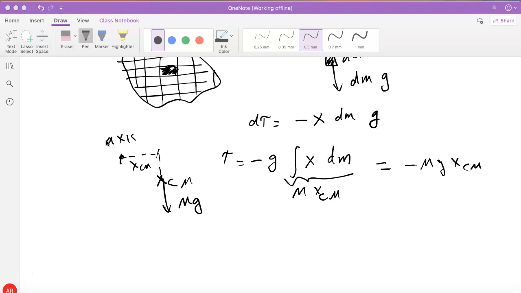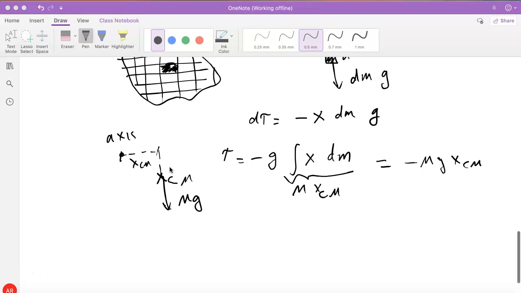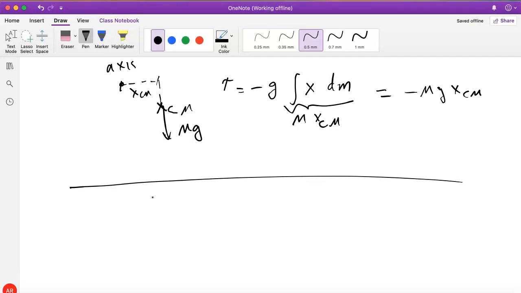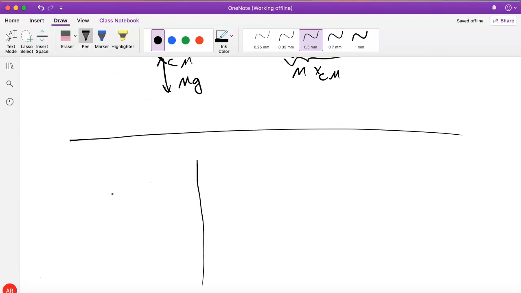Given the way torque is defined and the way we define the moment of inertia, we can write a rotational analog for Newton's second law. That's one of the most useful and important equations in the context of rotational dynamics. So again, going back to this table that we've been slowly filling,